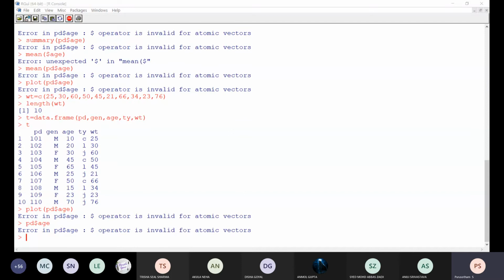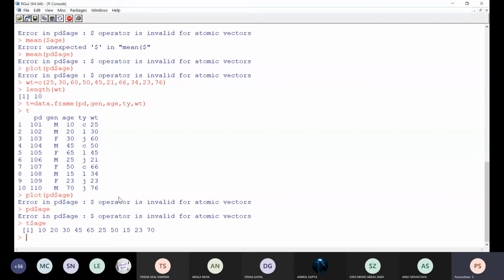Okay, sir. So in that case, you have to replace this PD by T, right? Got it, sir. Let us use now T $age. What is the output you are getting? Yes, sir, got the answer. Thank you, sir. Use PLOT of T $age.